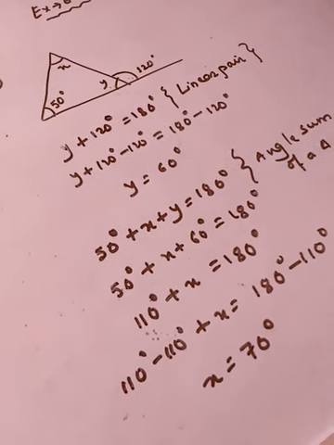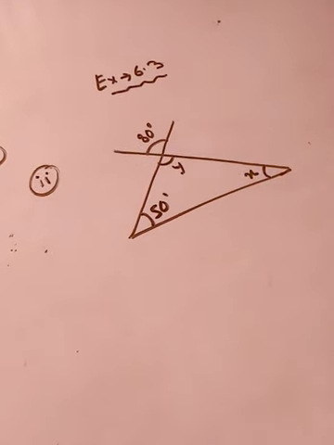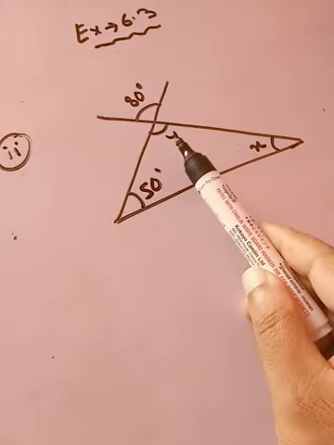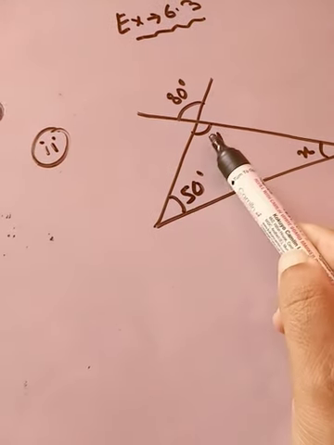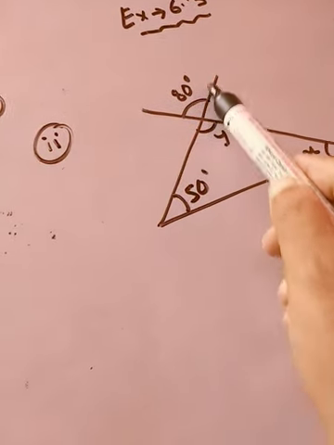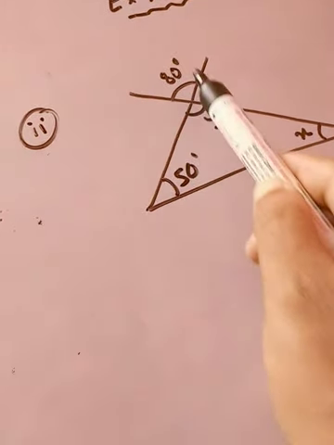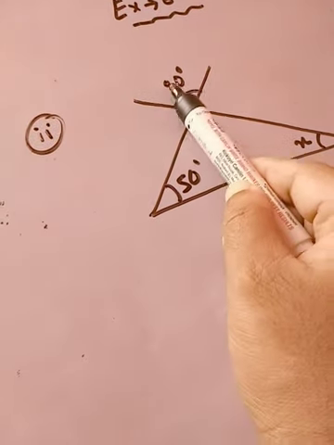Okay, so let's move on to sum number 2. This is sum number 2, students. Now in this triangle again we see that two angles are unknown, so we have to get these unknown angles. Now we have some relation between y and 80. What is this relation? When two lines intersect at one place, the opposite angles are called what? Vertically opposite angles. So y equals 80 degree.